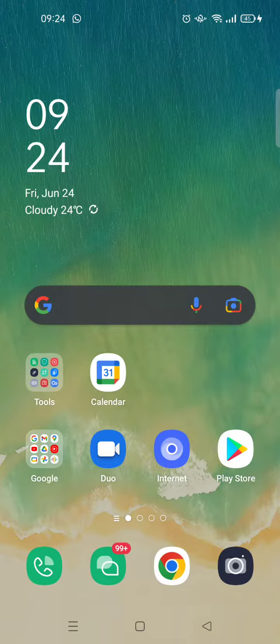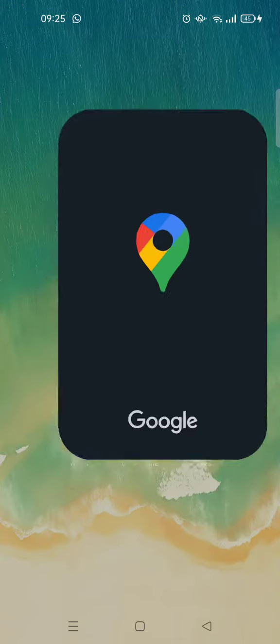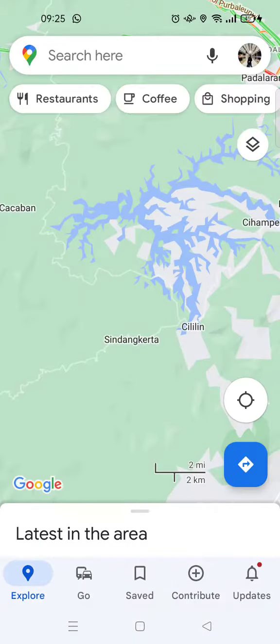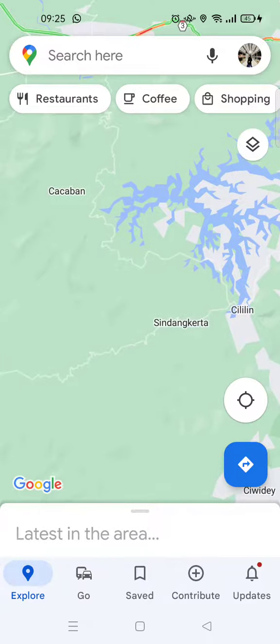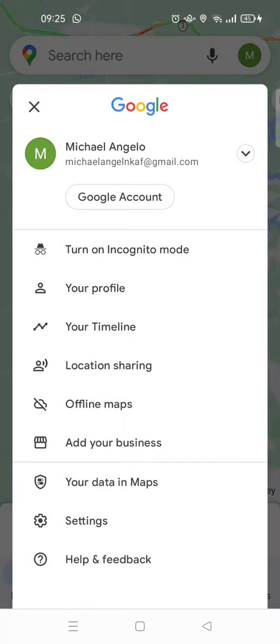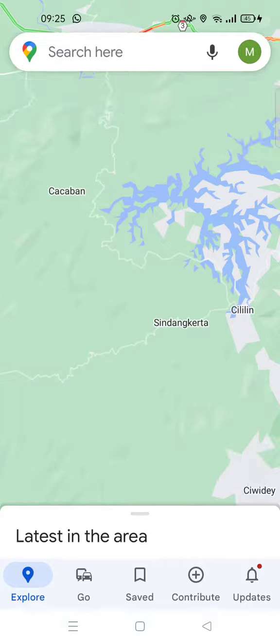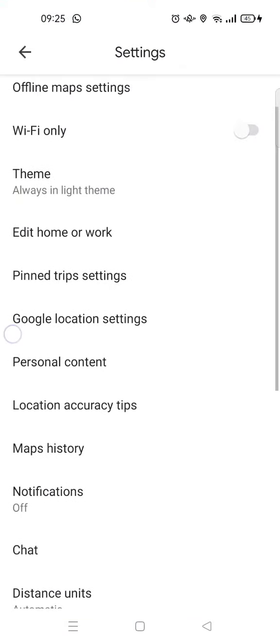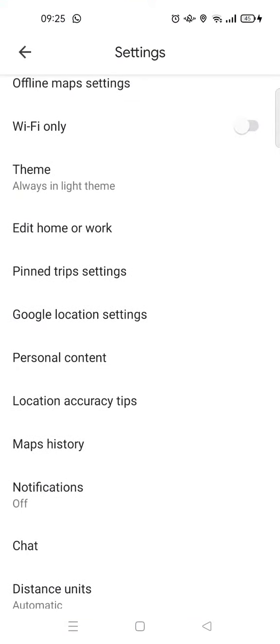On today's video, I'm going to show you how to turn the Google Maps notification on or off. So here is my device on my Android. What you need to do is go to the Google Maps app, and then you can just tap on your profile picture or your initial here. Click on this and then go to settings, and then find the notification option here,